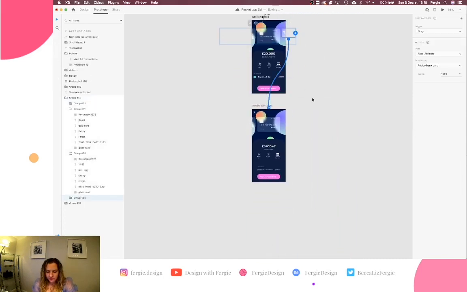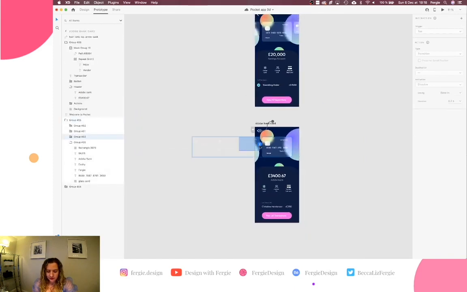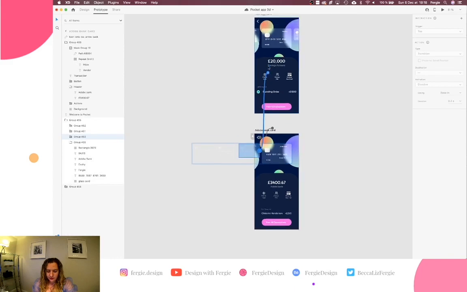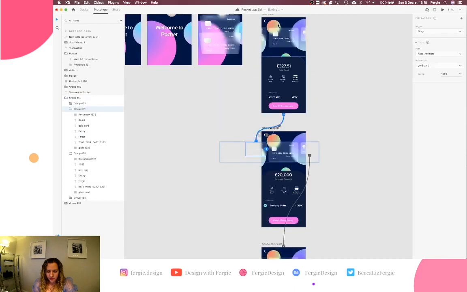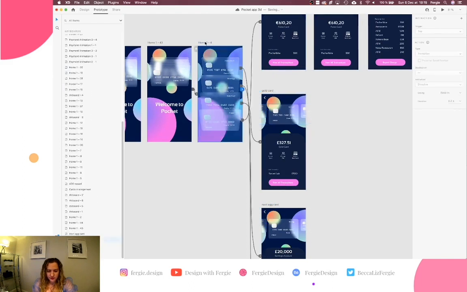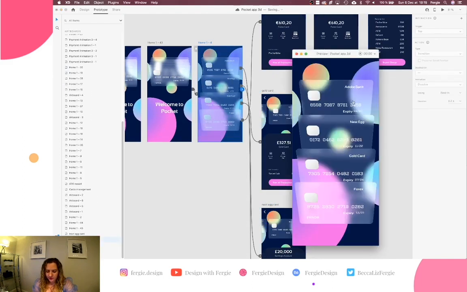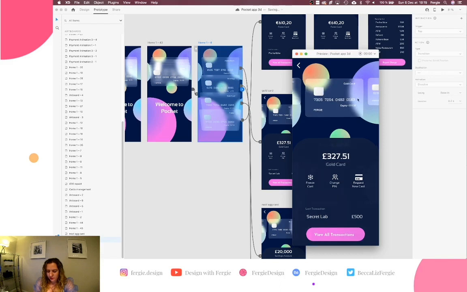Okay, where did we get to? We did that one, and then let's go backwards. So nest egg, if we drag it, is going to go to nest egg. Gold card, if we drag, will go to gold card. And Forex, if we drag, will go to Forex. So let's play it from here. Click on our Adobe Bank card. We'll swipe. Now, obviously, there's some naming issues there because we've seen the panel, the data changes, but on this